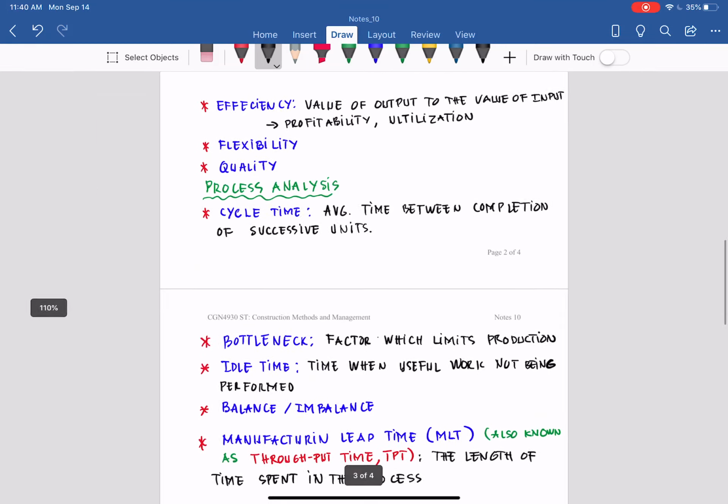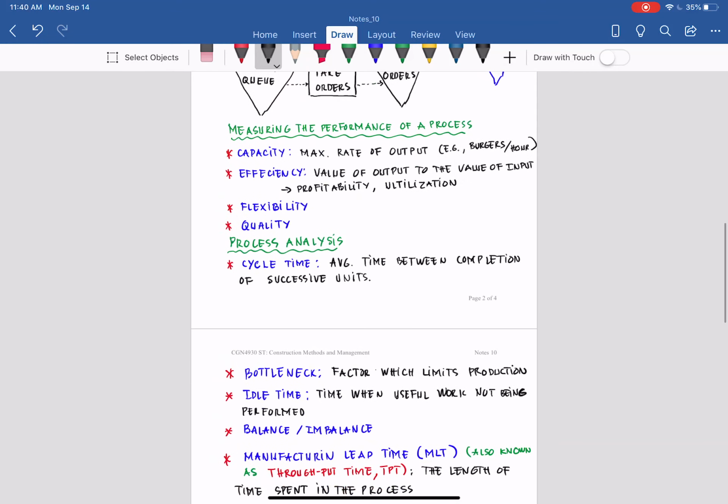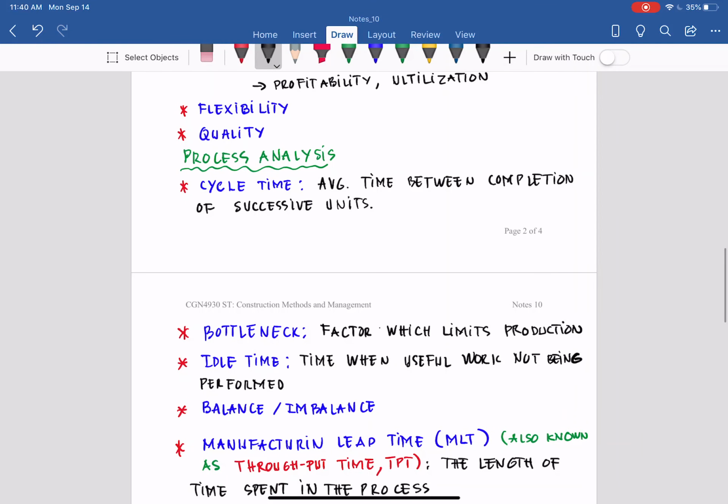So those are the concepts in measuring the performance of a process and in process analysis. So let's